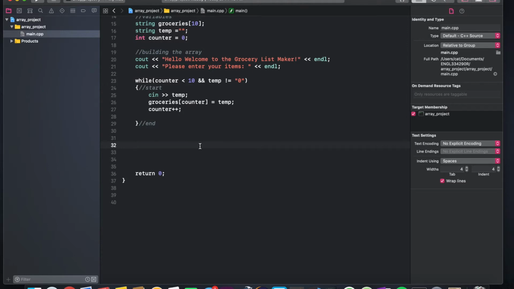After that, in order to display your groceries, you're going to use a for loop that only runs the amount of times of the counter. So let's say we only put 3, because we don't want to display milk, cookies, and 0, 0, 0, 0. It's not necessary. We just want to display milk and cookies. If that's all they entered, that's all that's going to display. So right here,